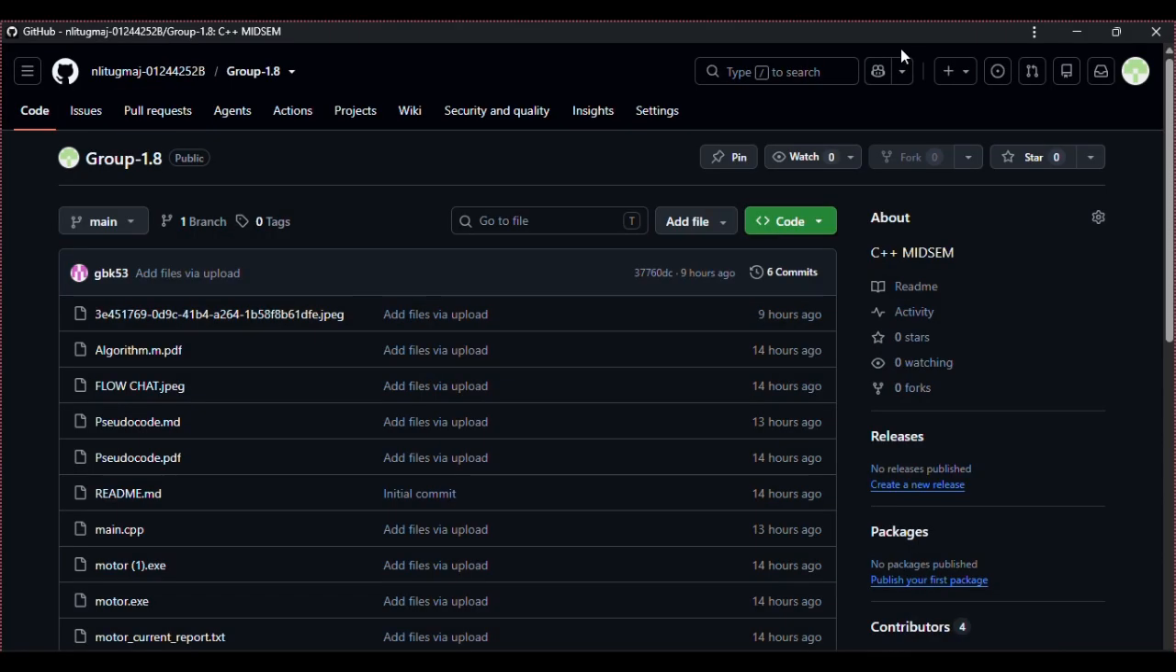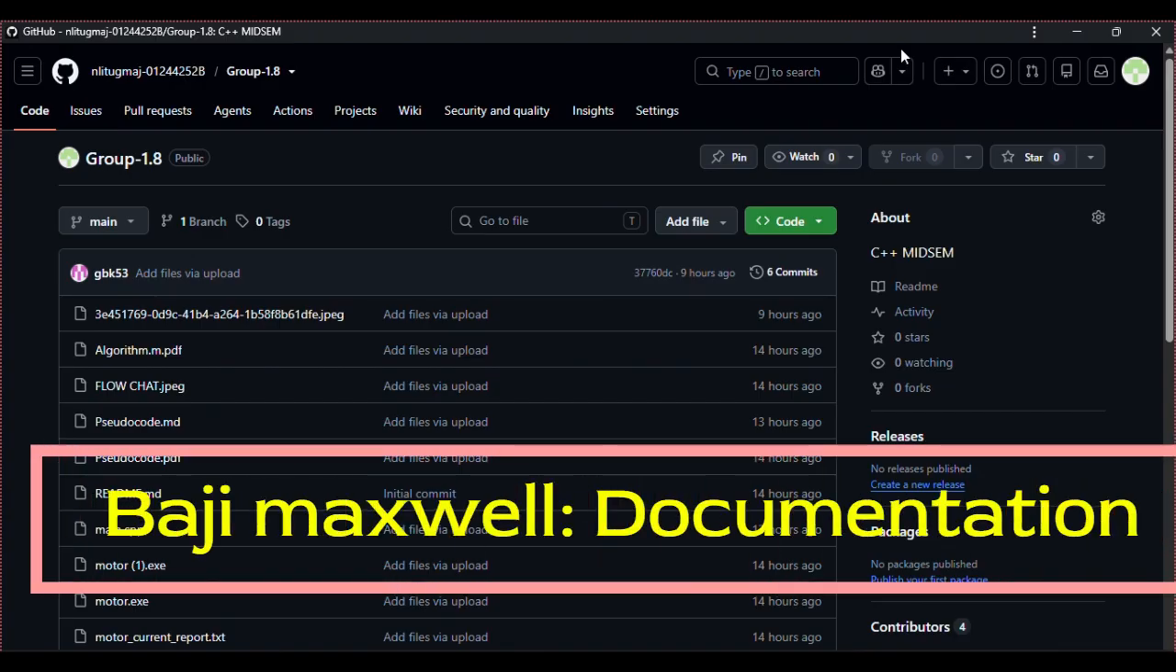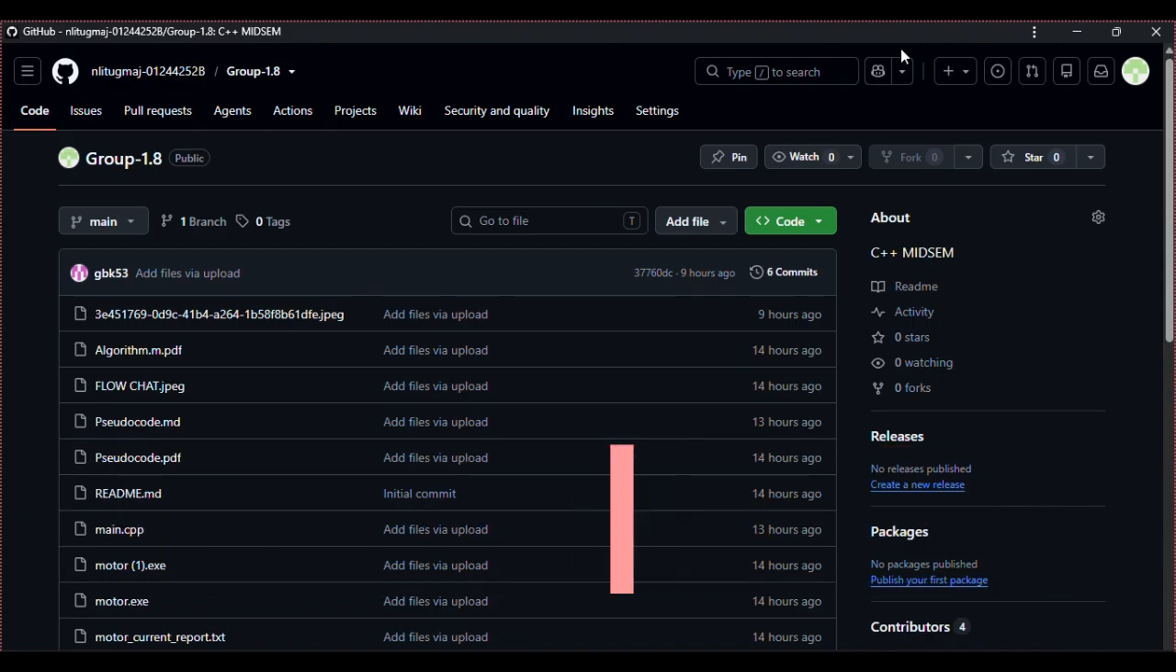Hello everyone, my name is Baji Maxwell, and my role in this project was documentation. I documented the entire project from the start to the end. This includes writing the problem statement, the pseudocode, and the flowchart to solve the problem's logic before coding. After that, I documented the C++ program, carried out model testing to verify that each part worked correctly, and recorded the testing. This documentation ensures the project is well organized, easy to understand, and can be